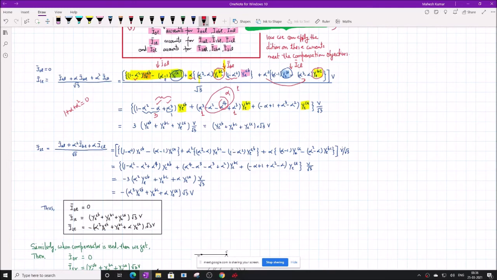To become 3. So 3 is common for this also. And this also becomes 3 because this is 1, this is also 1, and this together becomes 1. So 1, 1, 1, 3. 3 is common. And finally we have therefore YLAB, YLBC, YLCA, B root 3. Now 3 will go with this root 3, and finally we will get YLAB plus YLBC plus YLCA into root 3B or B root 3. Okay, so we have simplified I1L as this expression, and I0L is 0.